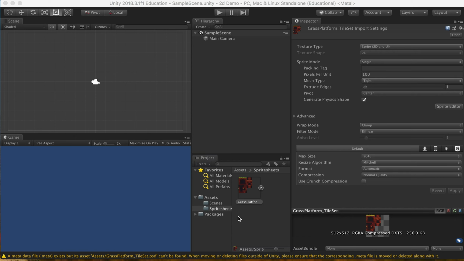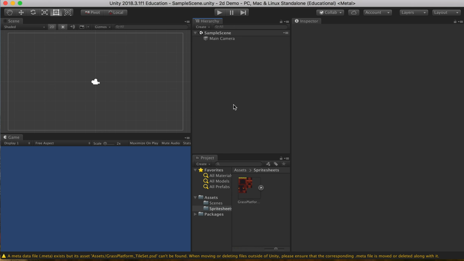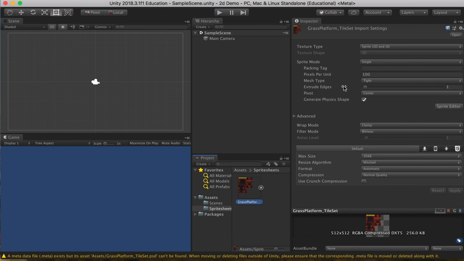All right, so guys, I've already imported the sprite sheet that we're using from the reference. So we're going to start in a new scene. We're going to go to our sprite sheet, and